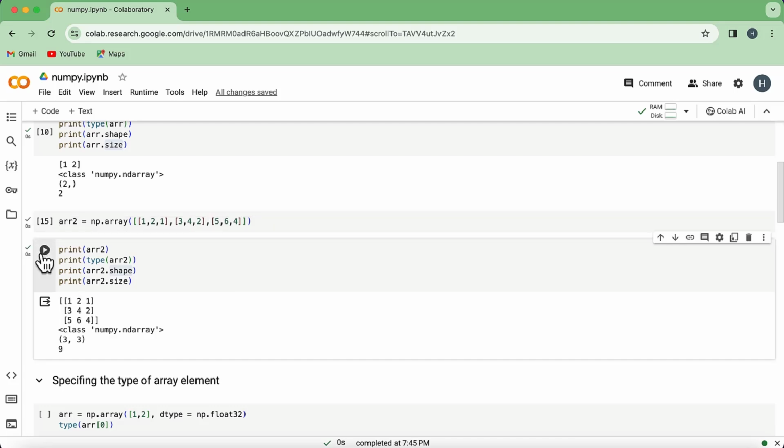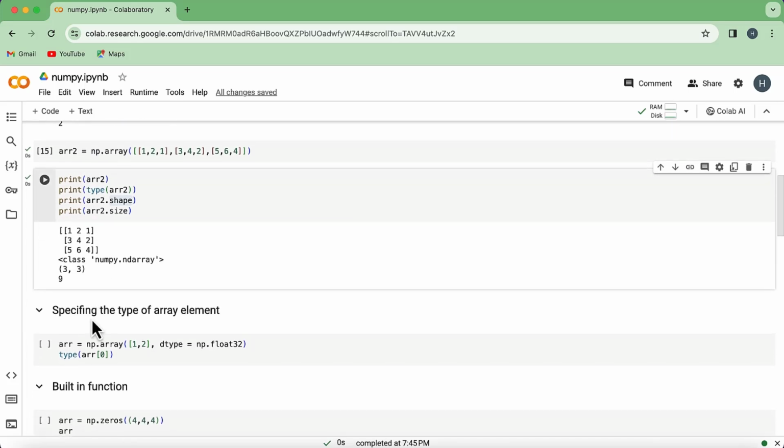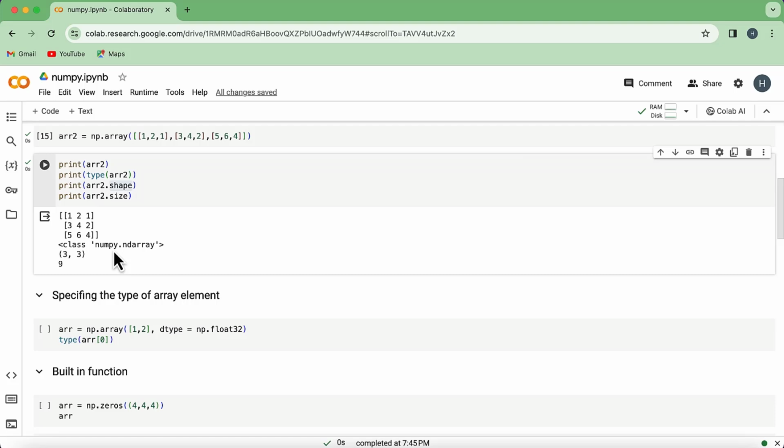And let's print the properties. And there you can see we got 3 rows and 3 columns inside our array. So that's how you can create an n-dimensional array inside NumPy. And now while creating arrays, if you want to specify the data type of the elements, then you can also